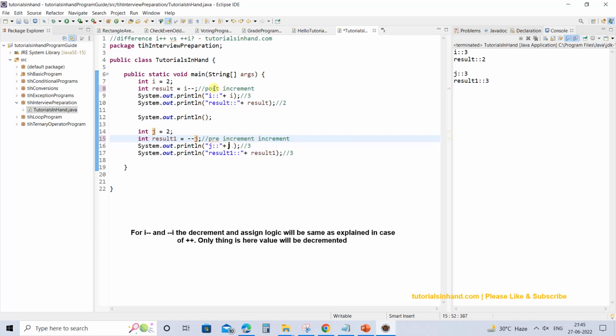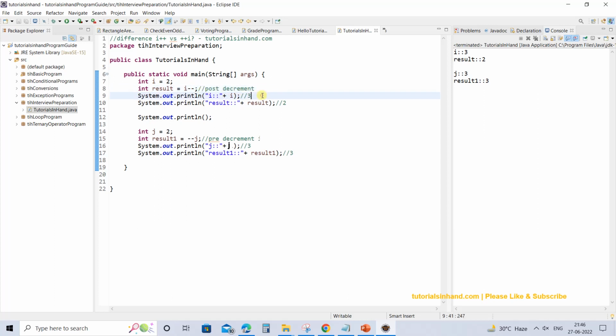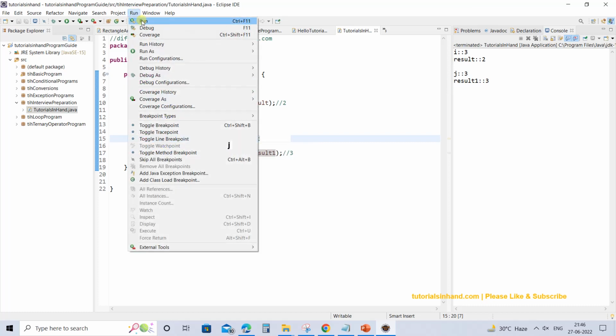What will happen is it will be post decrement and at the same time it will be pre-decrement, right? The way the values were increased, in a similar way the values would be decreased and then assigned. Means in this case the value will first be assigned and then it will be decreased, and in this case the value will first be decreased and then it will be assigned over here. So I guess now you are aware how this minus minus will work and what would be the values. So let's execute, and I hope you are ready with your answers.